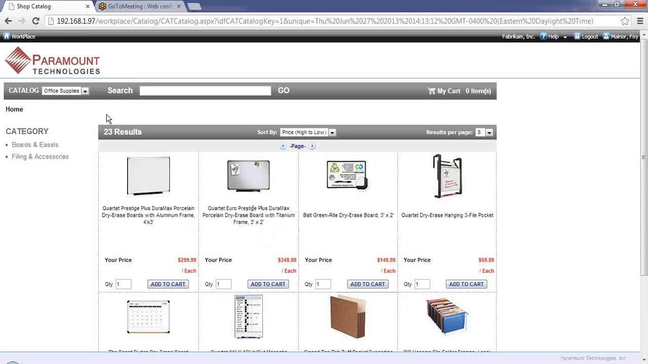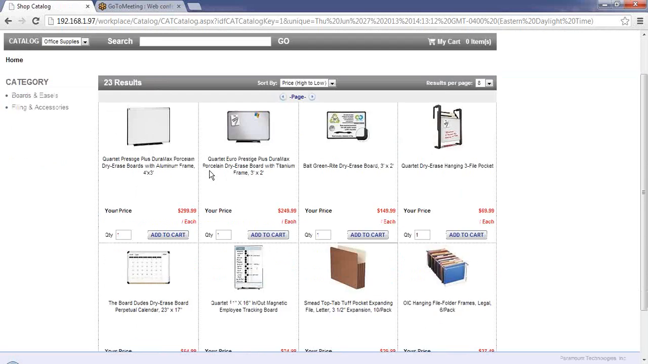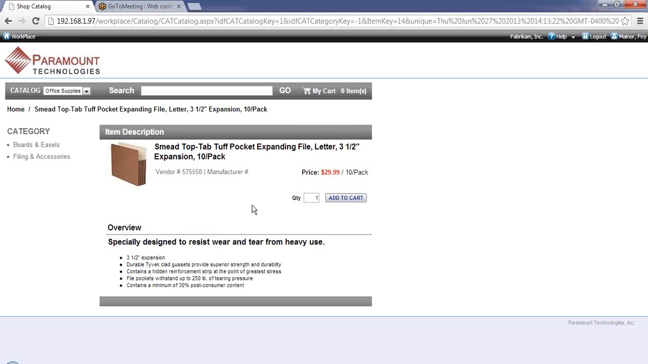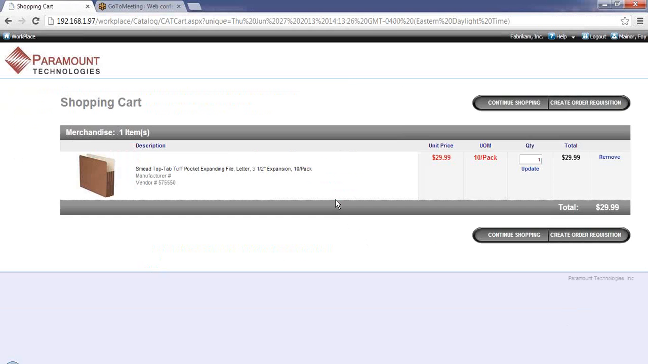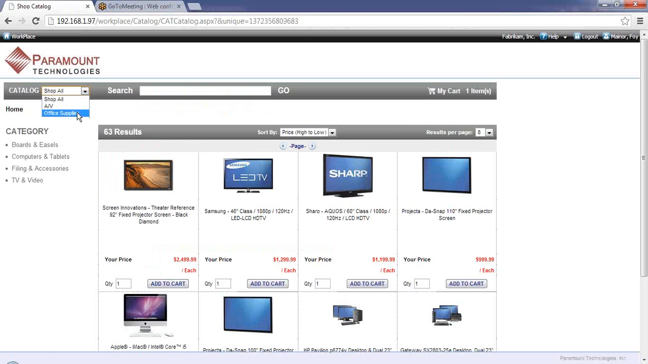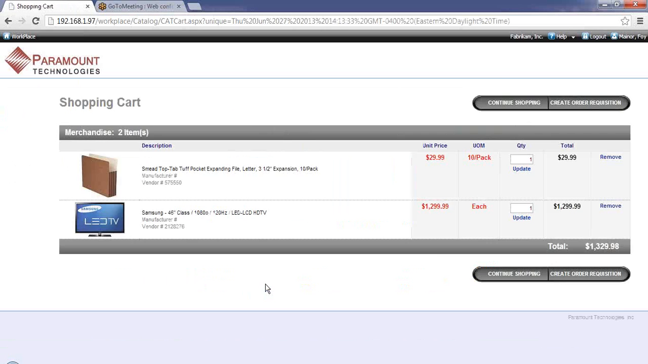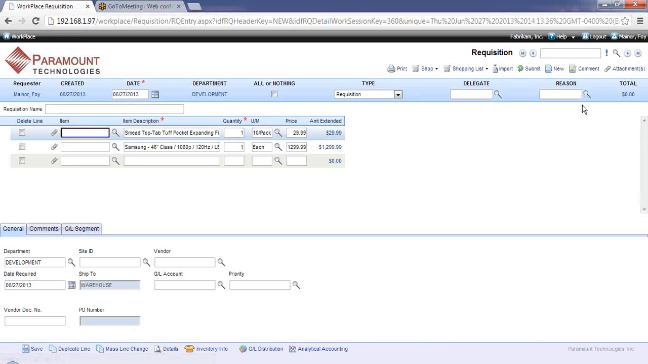You can categorize items, search for and find items. You can click on an item and see additional details and additional information. Add those items to your cart that you want to request. Continue shopping either from that same catalog or from other catalogs. Add more items to your cart. And when you're done shopping, click on Create Order Requisition. And those 2 items are now pulled onto the requisition from the shopping cart